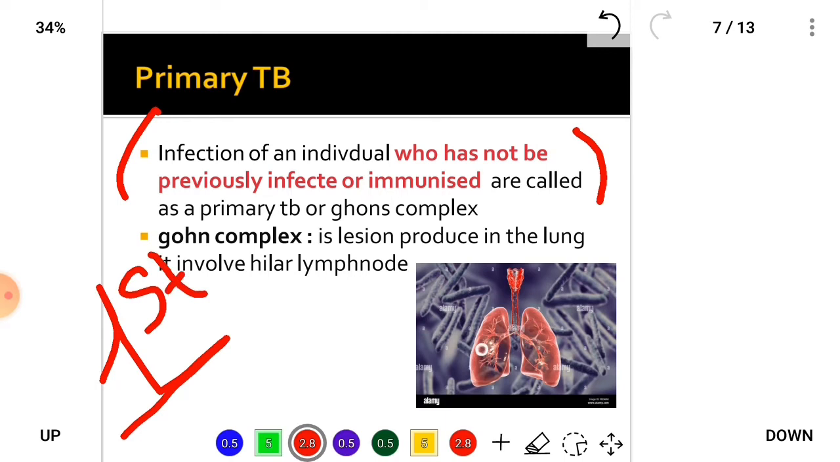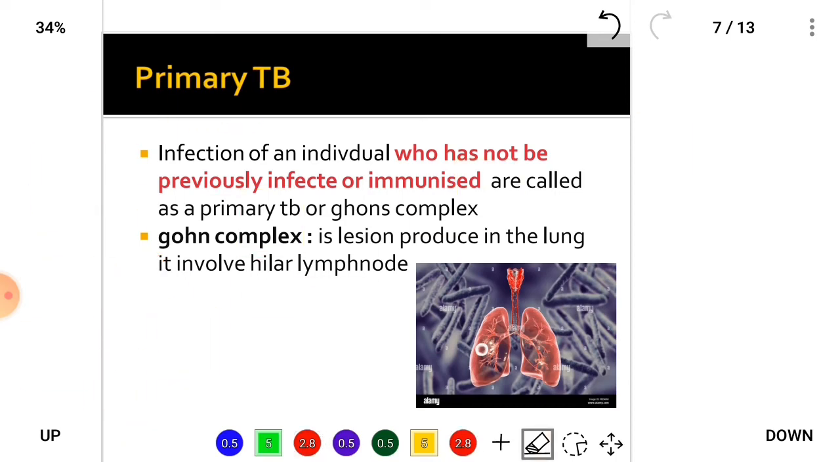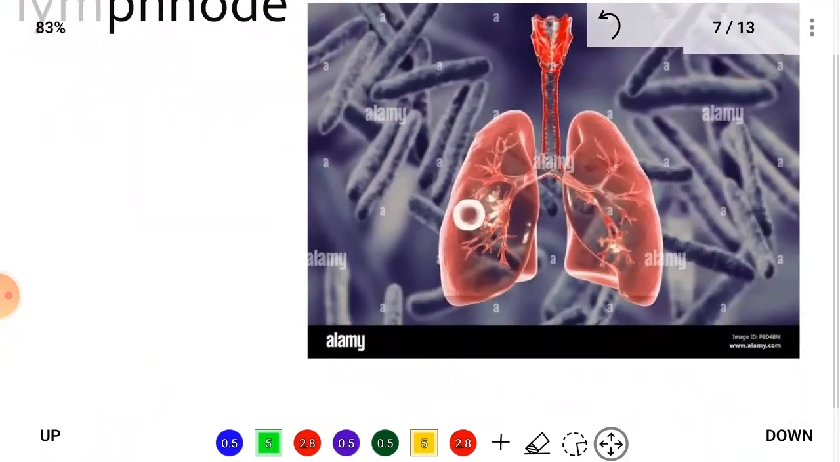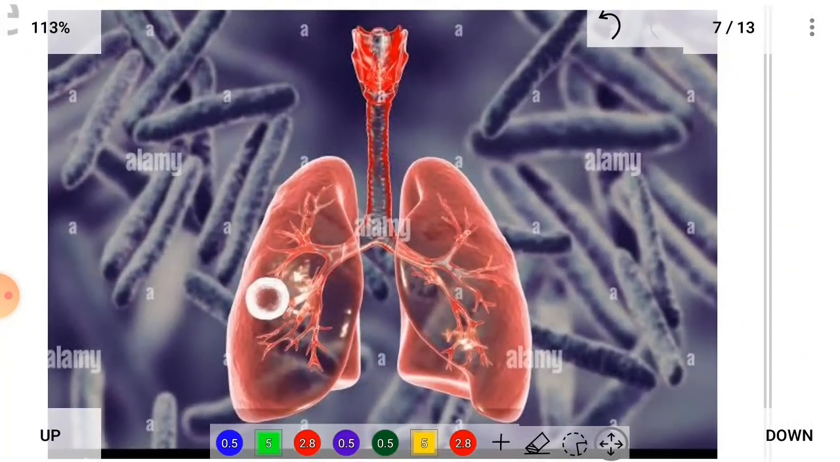Now, this primary tuberculosis mainly depends upon the Ghon complex. Whenever there is a presence of Ghon complex, it says that there is a primary tuberculosis. No doubt this Ghon complex is also present in the secondary tuberculosis, but in the primary tuberculosis a specific location is given. This is what the lungs are seen in